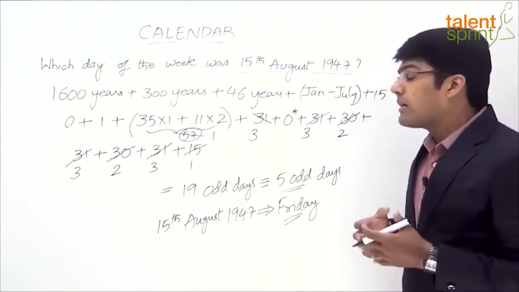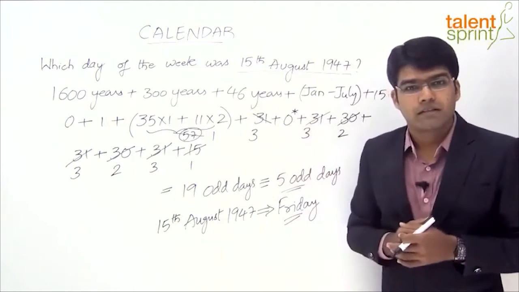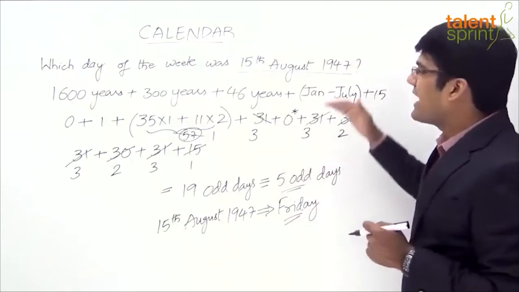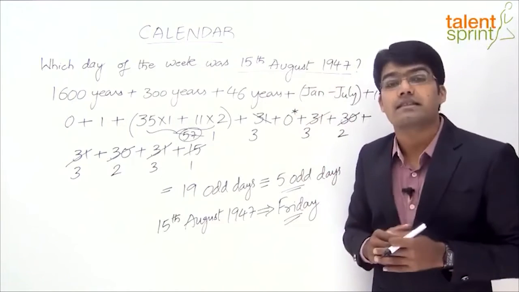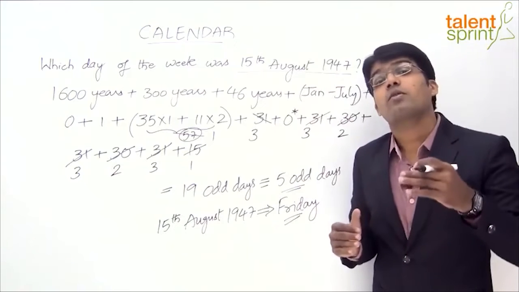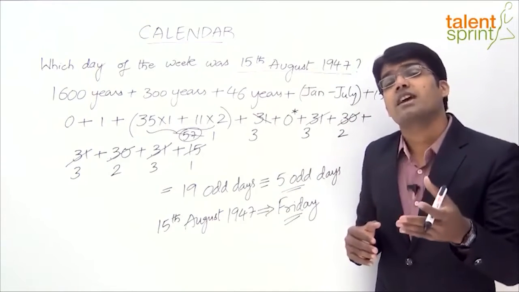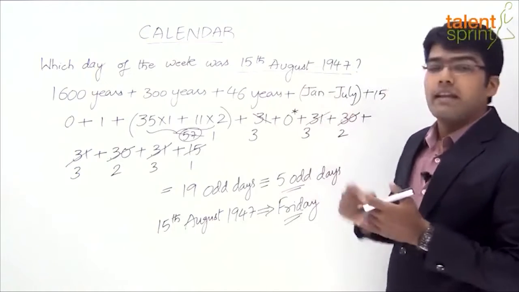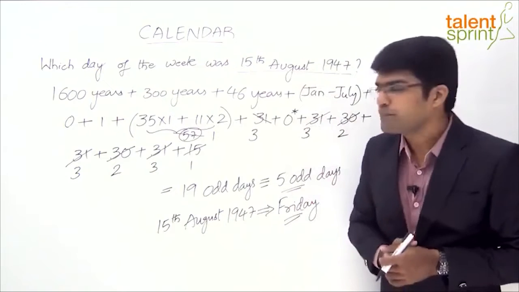So this is how our knowledge of the number of odd days will help us finding out the day of the week, right? So the simple point here is to find out the day of week for any given day, we need to calculate the number of odd days. In what period? The number of odd days from the 0th day, or we can say the number of odd days from 1st January of the first year up to the given date. And the number of odd days here will give us the day of the week.